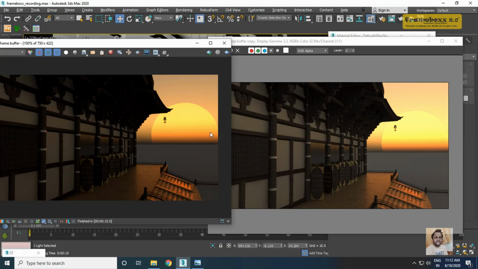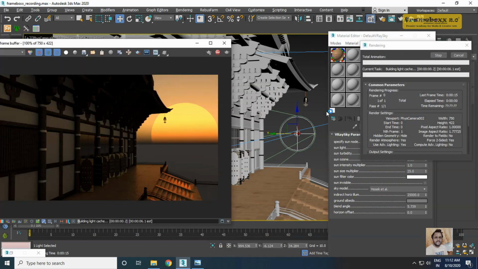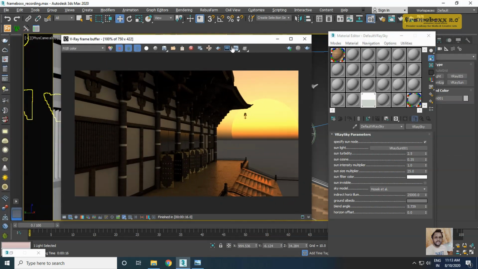If I want to make the sun pop out, I can just follow this. I can just crank down the intensity of my sky. But for most of the cases, 1 is a good value. And I'll shoot a render. See, I'm getting the result.